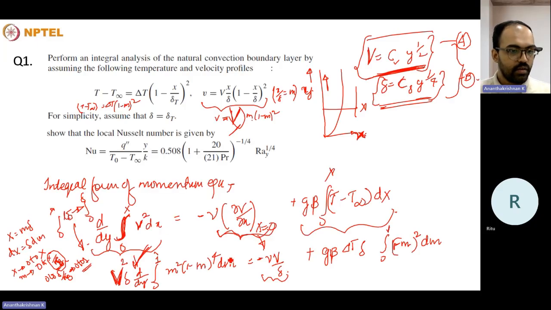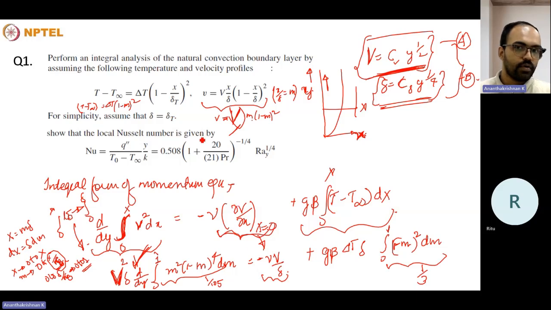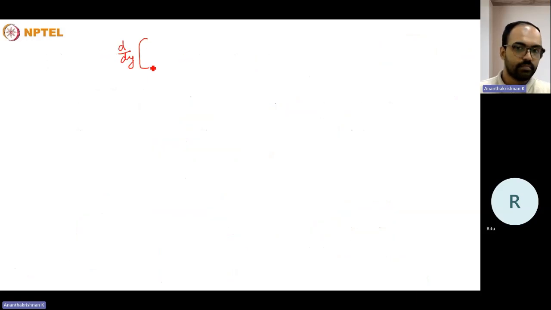So we have to integrate this particular term from 0 to 1 and this particular term from 0 to 1. So the solution for this will become equal to 1 by 0.5 after integrating, and this one will become equal to 1 by 3. So the final, simplified form of the differential equation will become d by dy of v squared